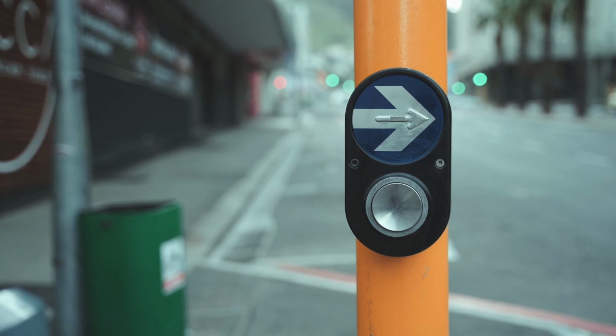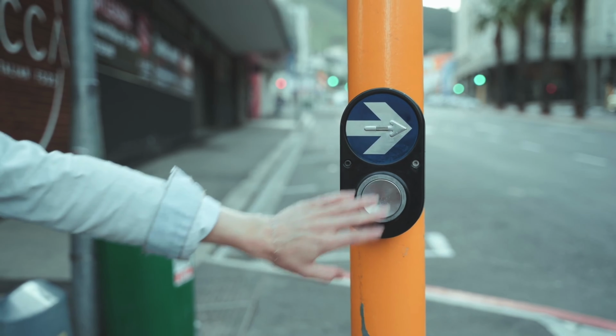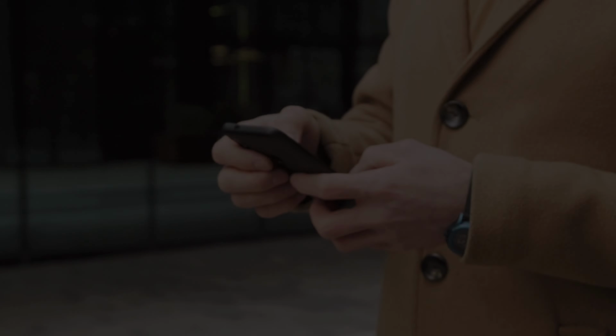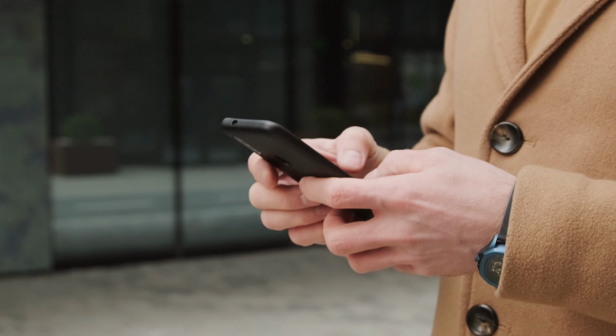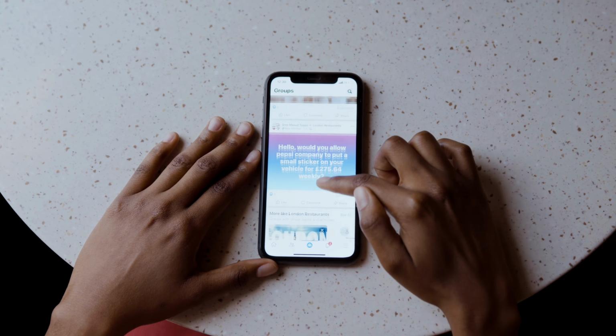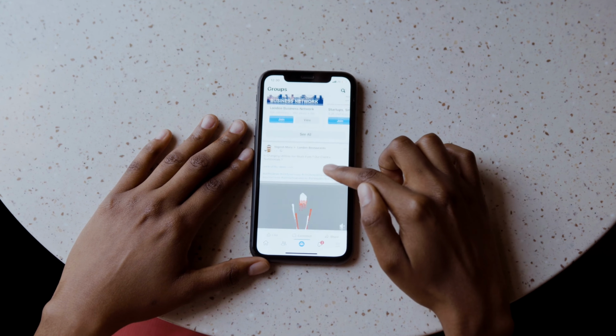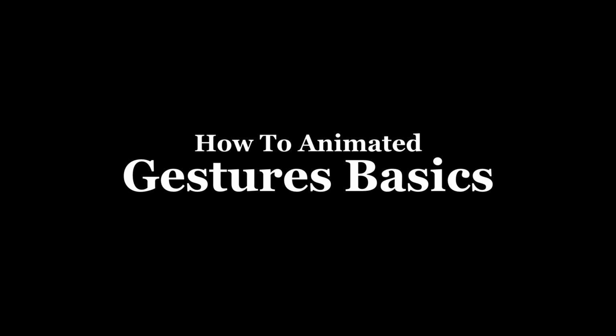Everything around you is interactive. You can touch, manipulate every object you have using buttons, sliders, and many more. In React Native, we use touch to declare gestures, and it is crucial to know how to use them wisely. In today's episode of How to Animate It, let's learn about the basics of gestures.